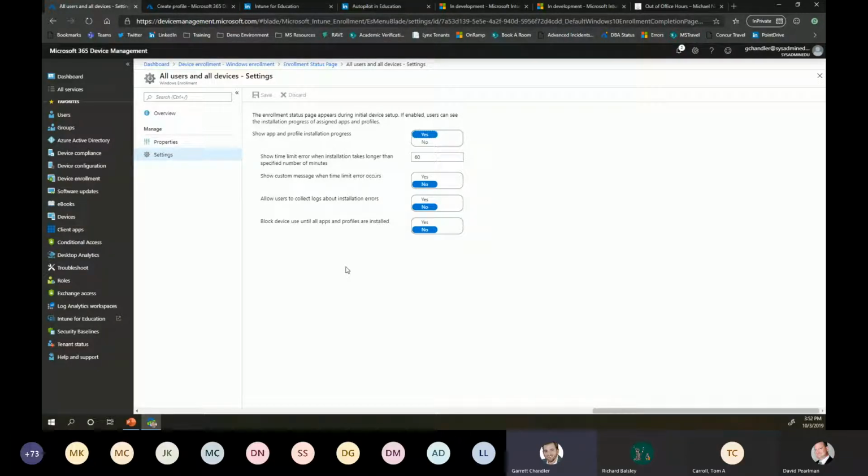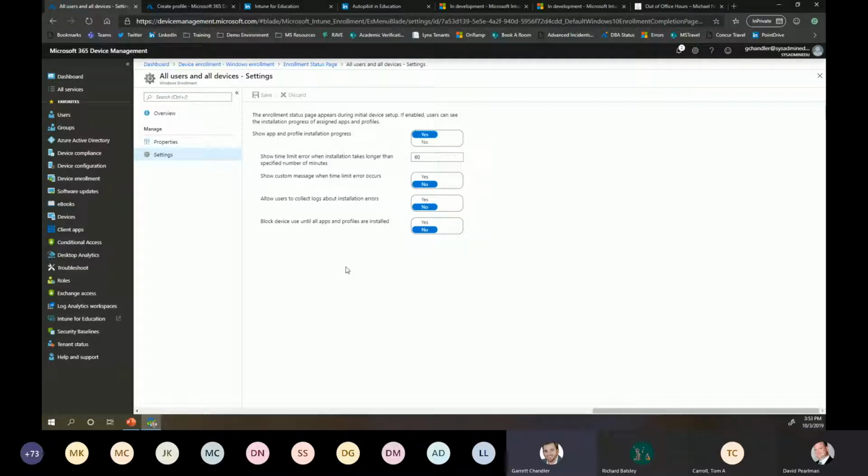And so the enrollment status page is a great indicator that you can leverage for the end user to understand what's going on during the provisioning process before the device is actually ready to use. So once Autopilot starts pulling down its profile, once it's connected to the network, the enrollment status page, you can configure it to be on or off, right? But if it's on, it will actually give you a status page of where it's at in downloading the specific